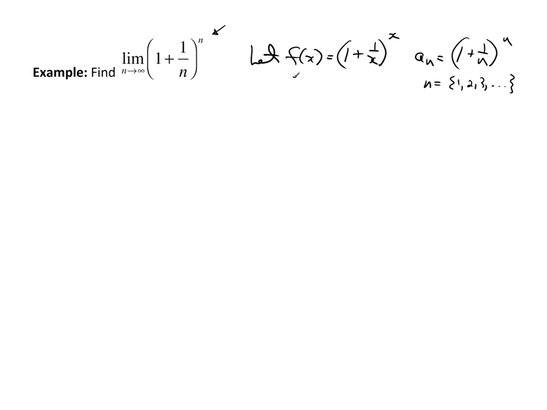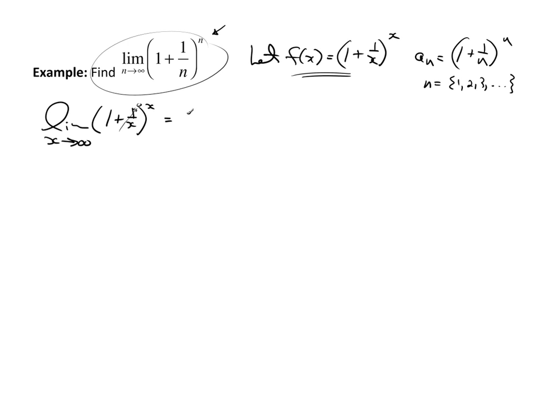So really all I need to do is find the limit as x goes to infinity here, and that will give me this limit. So I want to look at the limit as x goes to infinity of 1 plus 1 over x to the x. Now in the limit, if we just do a substitution here, this piece would go to 0, and I would end up with something that looks like 1 to the infinity, which is an indeterminate form. So we need to do something about this. We need to work with this.